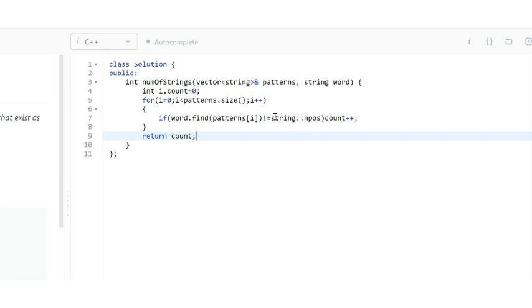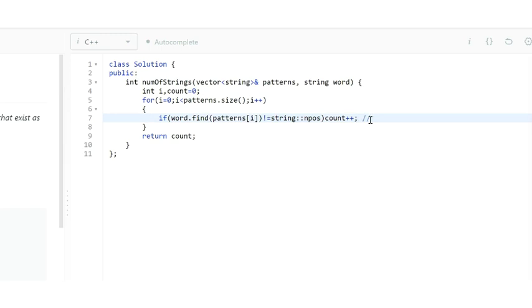Okay, so what does this function do? Basically, if patterns[i] is present in the word string, then it will not return npos, else it will return npos if it is not present.